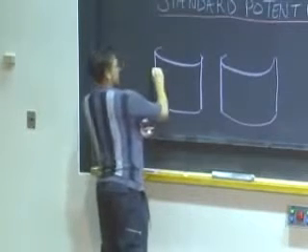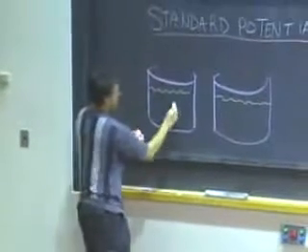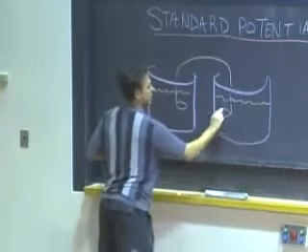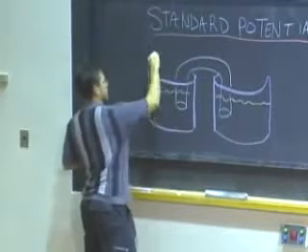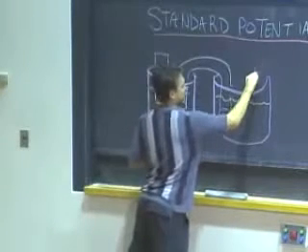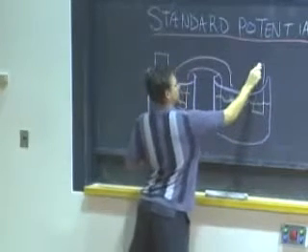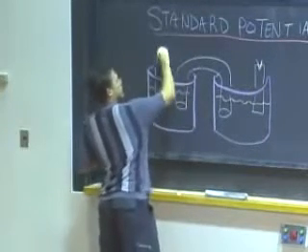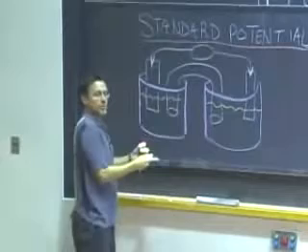Let me indicate our water line again in green. And I'm going to put a salt bridge into the system. And I'll have an electrode here on the left, and another electrode over here on the right. We'll connect up these electrodes using alligator clips. We will need an external circuit with a meter, so we'll be able to compare the potential of the two